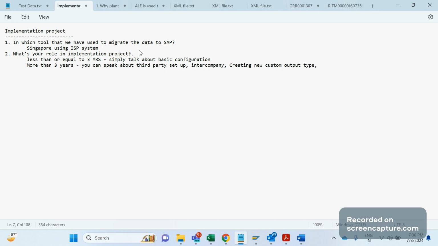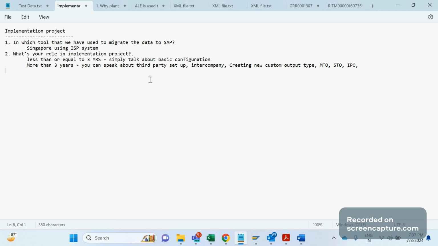Like this, you can explain advanced topics like MTO, and you can also discuss STO, IPO. Advanced concepts like these we can discuss if you have more than 3 years of experience. If you have 5 years of experience and you are still saying that you only did basic things, they will doubt you. So we should answer this question about the roles according to our experience. If you say this, then from this answer they will ask you one more question.